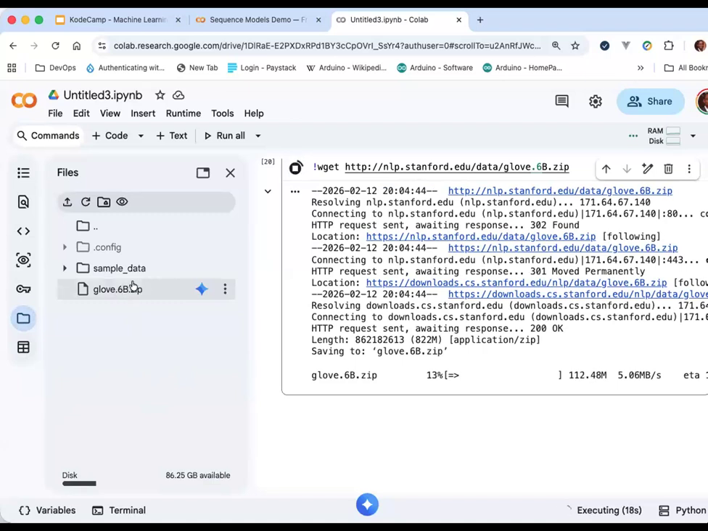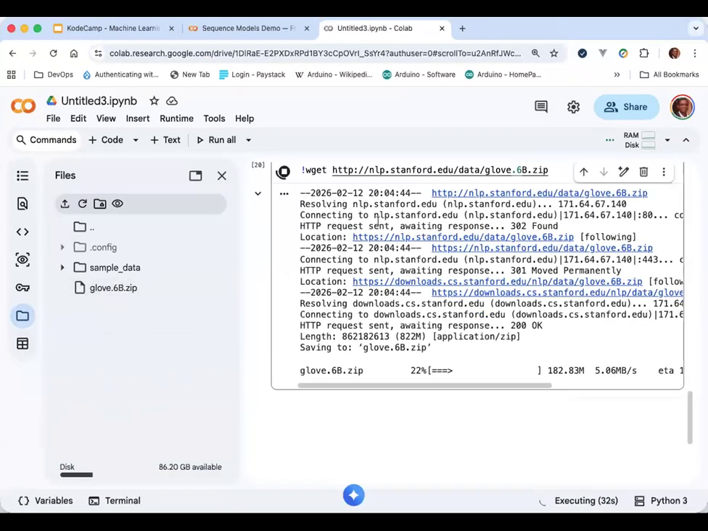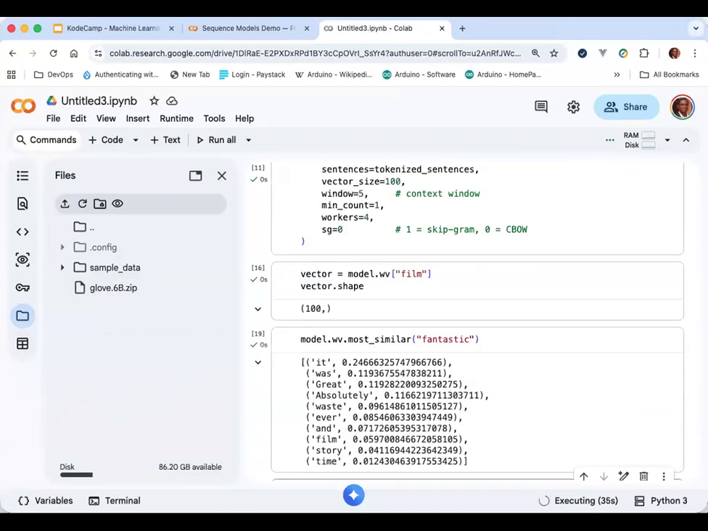Yeah, so you can see it's downloading already. It'll take a bit of time, so I'll let it finish downloading. After downloading, you can unzip it, and you have a bunch of text files which we will look at. Okay, so while this is downloading, if you want to continue